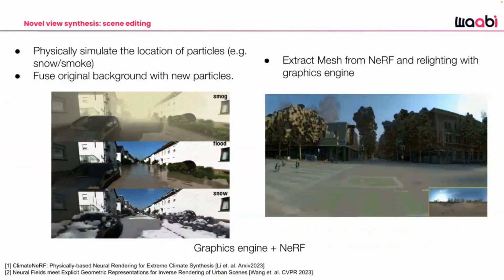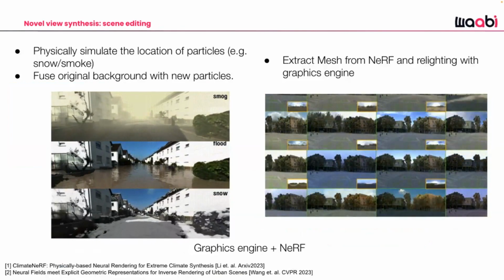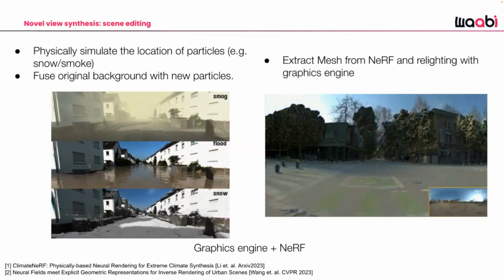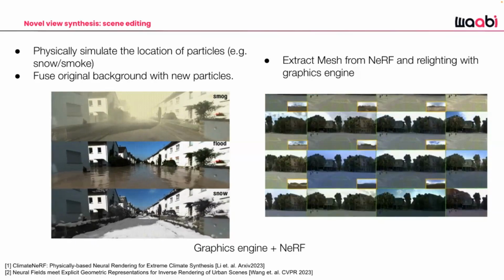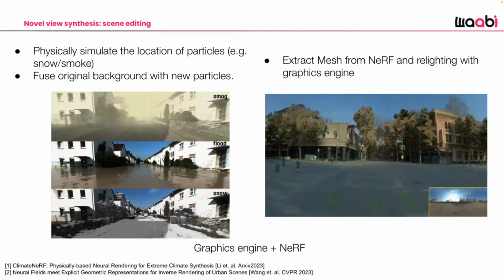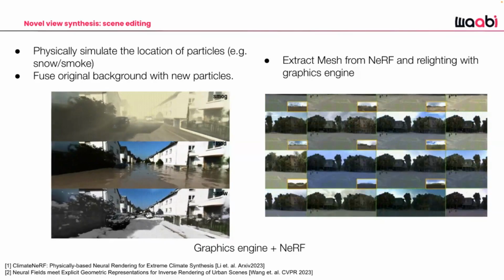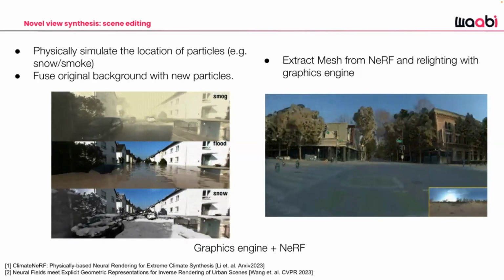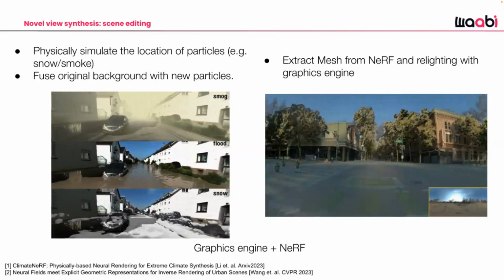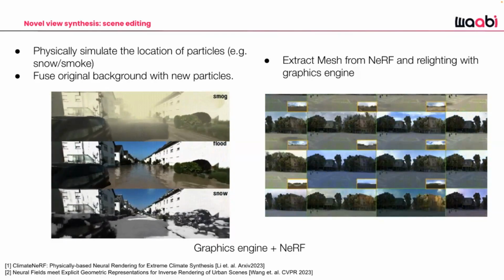And so there's one additional component for static scene novel synthesis, which is also scene editing. So it's not just about reconstructing the original scene, but being able to create new environment conditions that are totally unseen for that particular scenario. There's work such as Climate NeRF that tries to create new weather conditions such as flood or snow, which